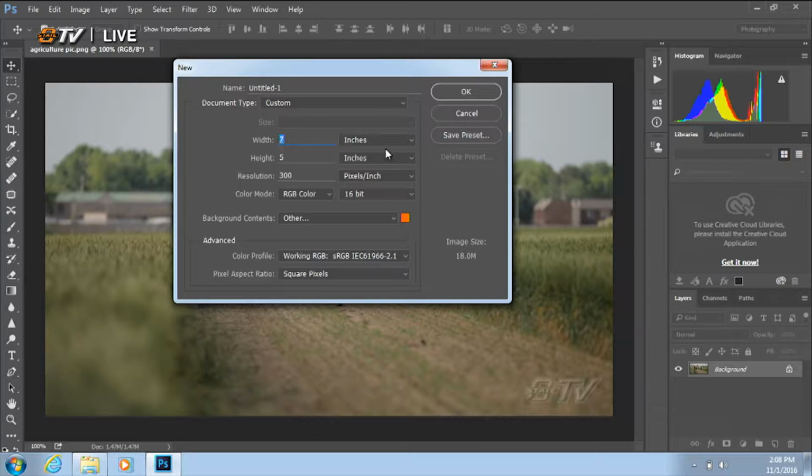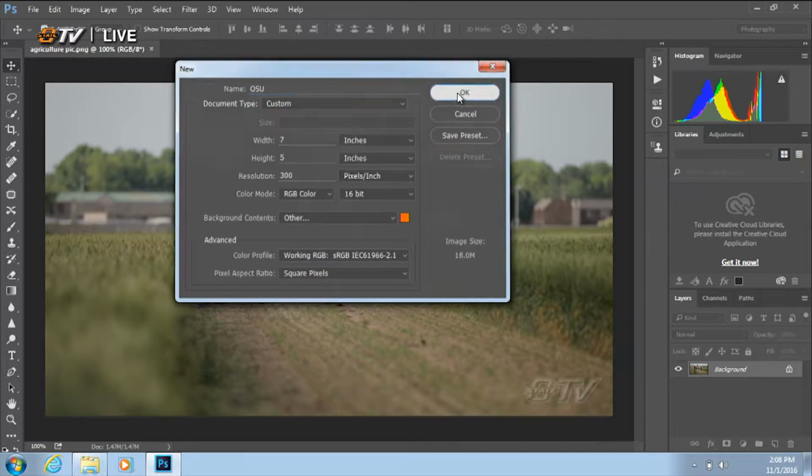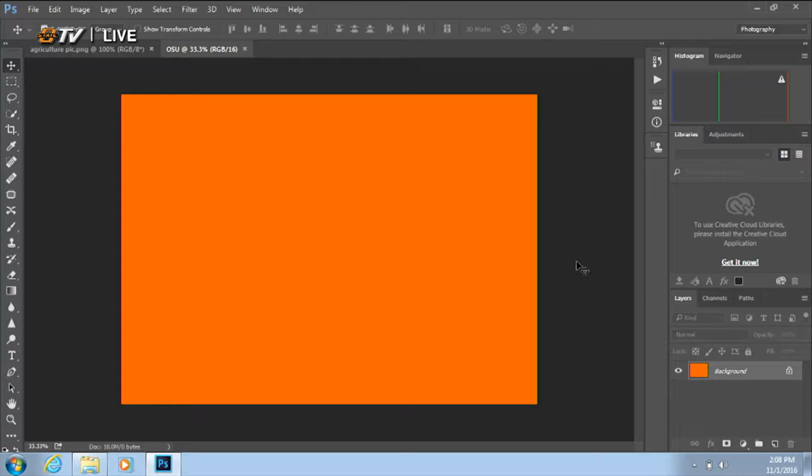You can set the size. If you know the dimensions in inches, you can use that, but you'll notice with the drop-down you can change to pixels, centimeters, millimeters, or picas if you're working in a print document. I prefer inches, so I'm going to leave it at 5x7. There are some advanced color profiles. We're not going to get into that today, but that is where you would edit that if you had certain print presets that you needed. You can also set your document name there. So we're going to click OK. So we have our new